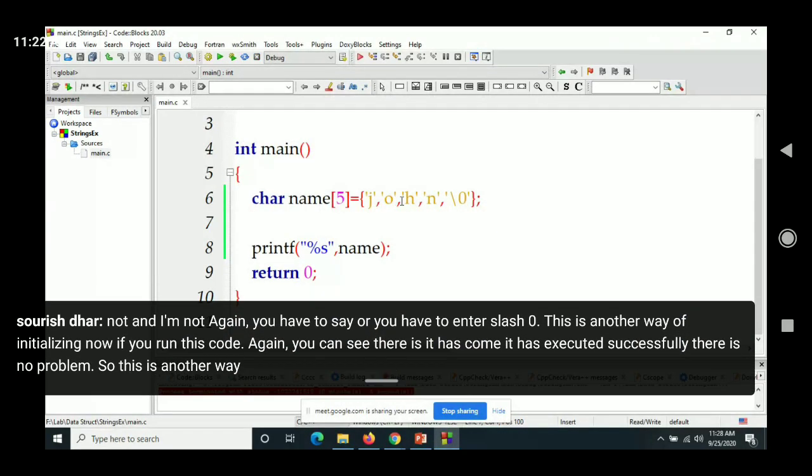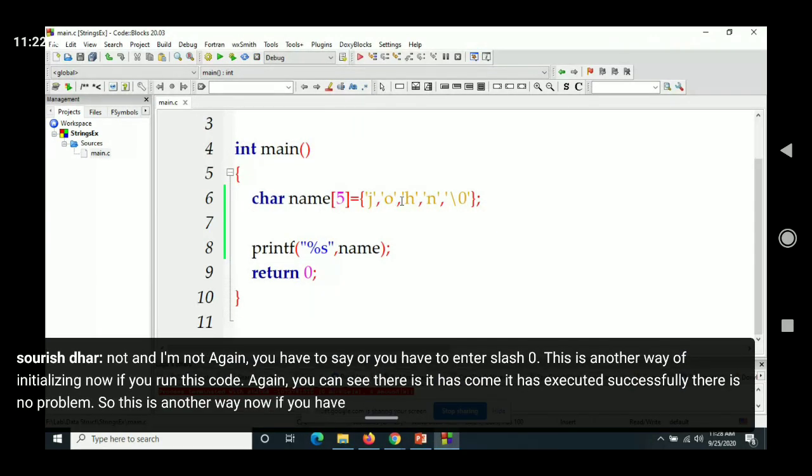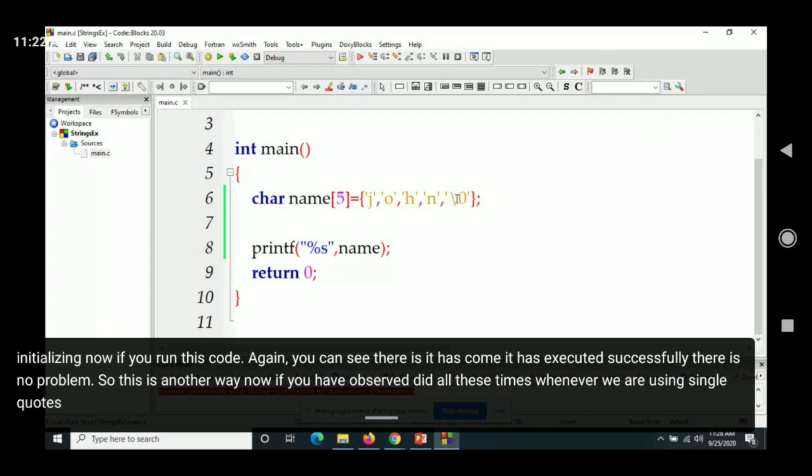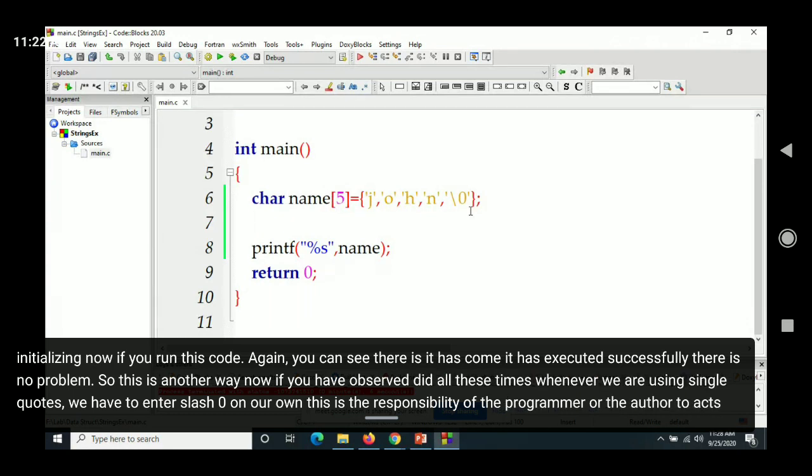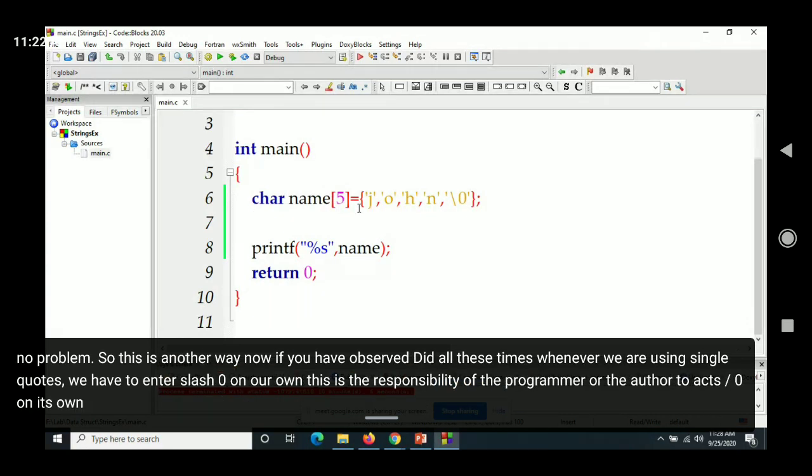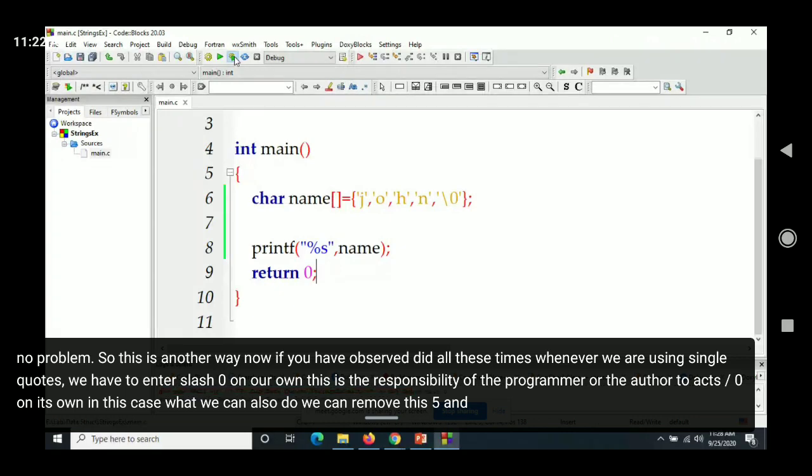Now, if you have observed all this time, whenever we are using single quotes, we have to enter \0 on our own. This is the responsibility of the programmer to add \0. In this case, we can also remove this 5 and again run this program.